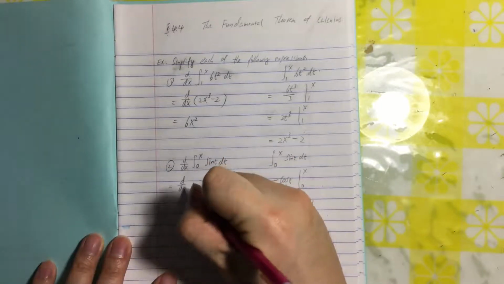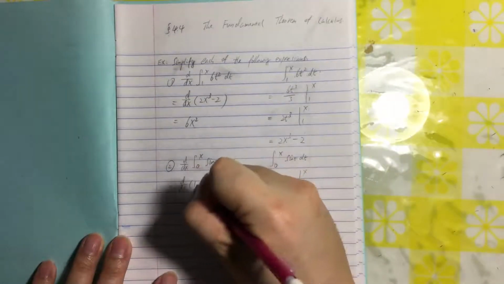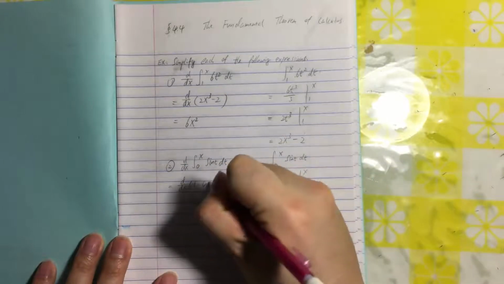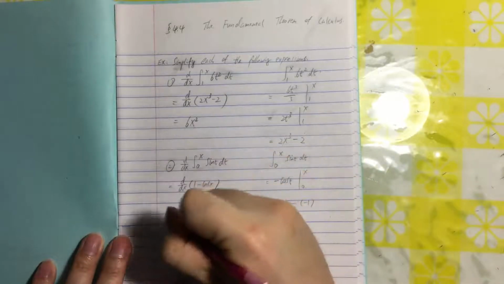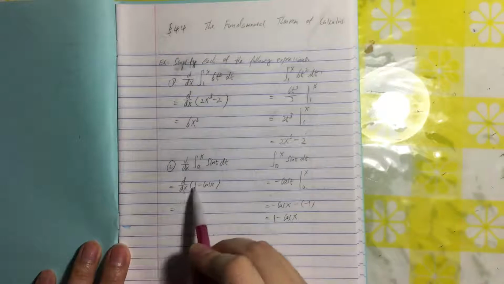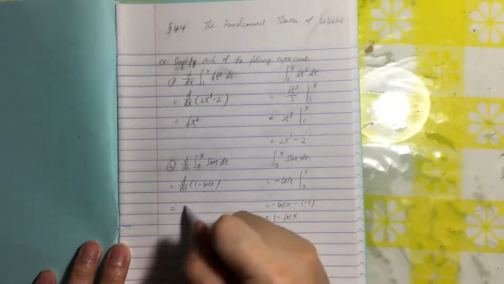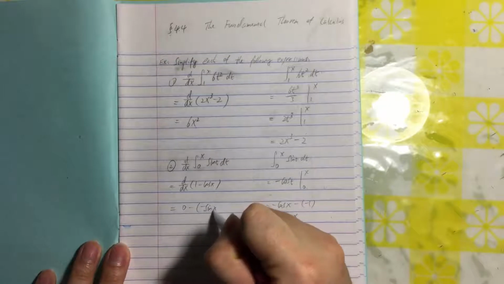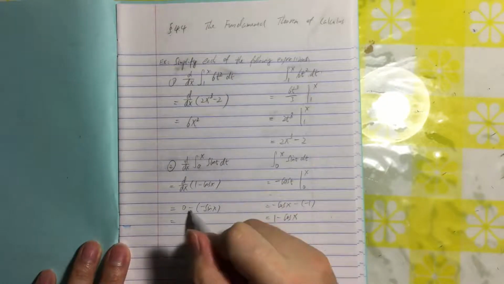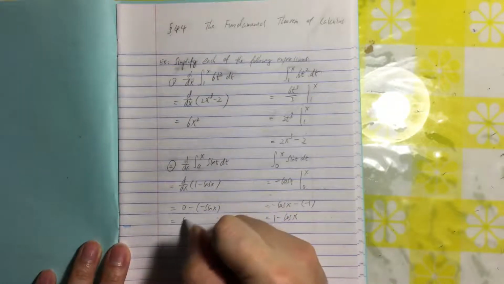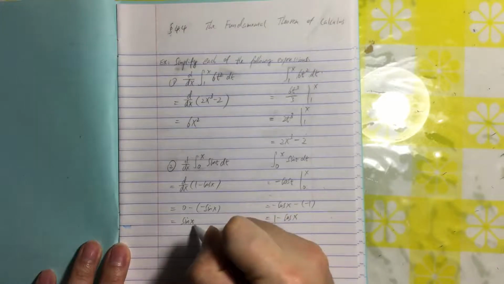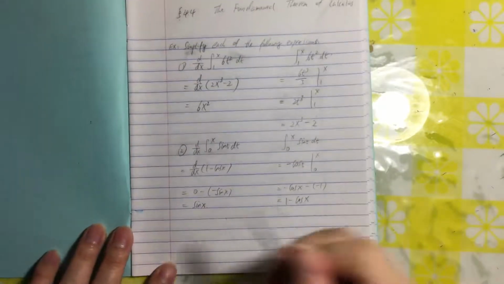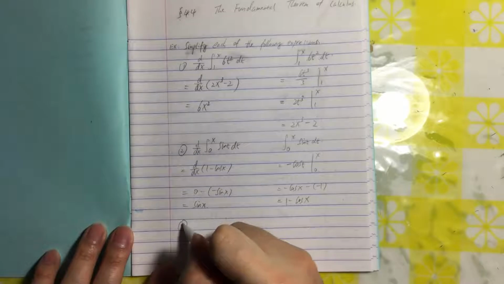Next, we take the derivative. Derivative of 1 minus cosine x. Derivative of 1 is 0. Derivative of cosine is negative sine. Double negative is positive, so the answer is sine x. Next,